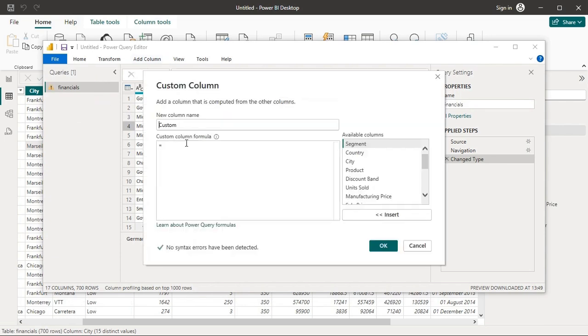In the formula box, we enter the formula: units sold. You can select units sold from here and insert it, and this is multiplied by the sales price. Then we select sales price and insert it, and now we change the column name to total sales and click OK.